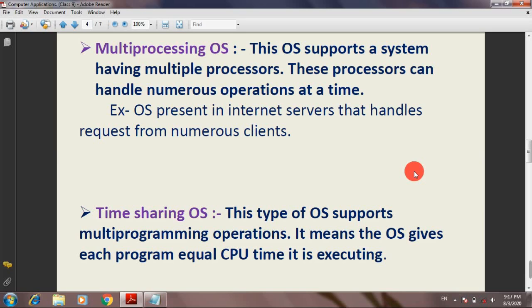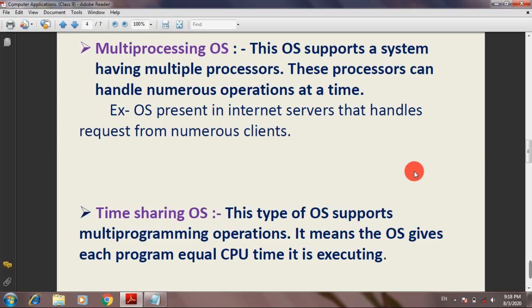So if a computer contains two or more than two CPUs, then there is need of multi-processing operating system. These type of operating systems are actually used in internet servers, so those servers can handle numerous requests from different users.